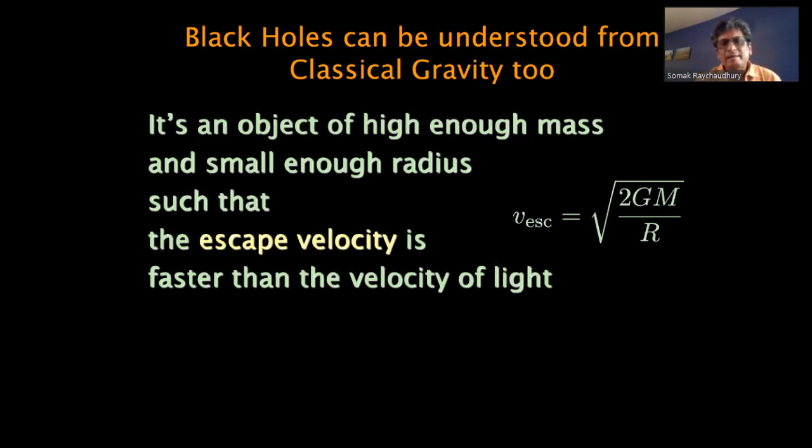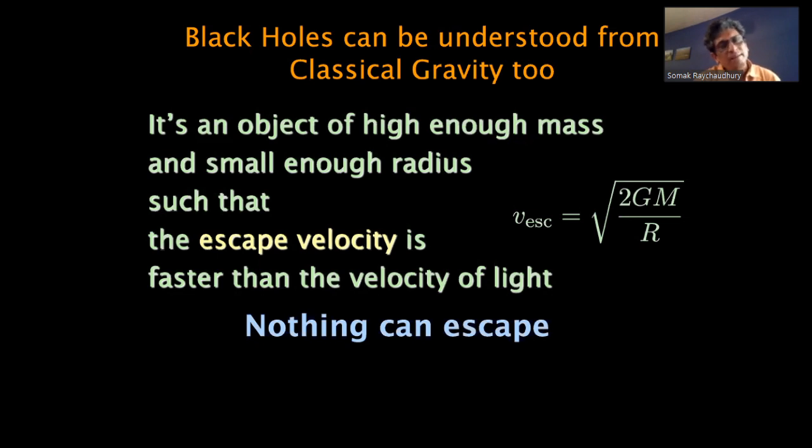But this gives us the basic idea of how to understand black holes, and that is, what if the escape velocity of an object is so high that it is higher than the speed of light? We know that the maximum limit to which anything can be sped up to is the speed of light. And so if something has an escape velocity which is higher than the speed of light, then nothing can escape from it. And that is basically the concept of a black hole, which comes from this idea of Newtonian